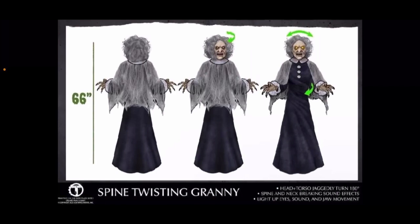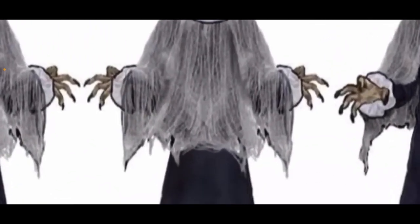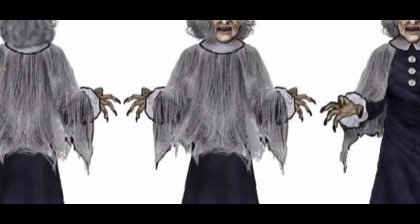Spine Twisting Granny. This looks like one from Poison Props. The possessed lady, I think you guys have seen her, but again, Poison Props is a professional company. Go check it out. It's pretty cool. But it's kind of like, I guess, a possessed granny, or maybe just a granny who needs to go to the doctor. But the spider webs, Tekky tends to do that. I don't know if that's supposed to be spider webs or some tattered cape. I'm going with some tattered cape because from afar it looks like spider webs, but